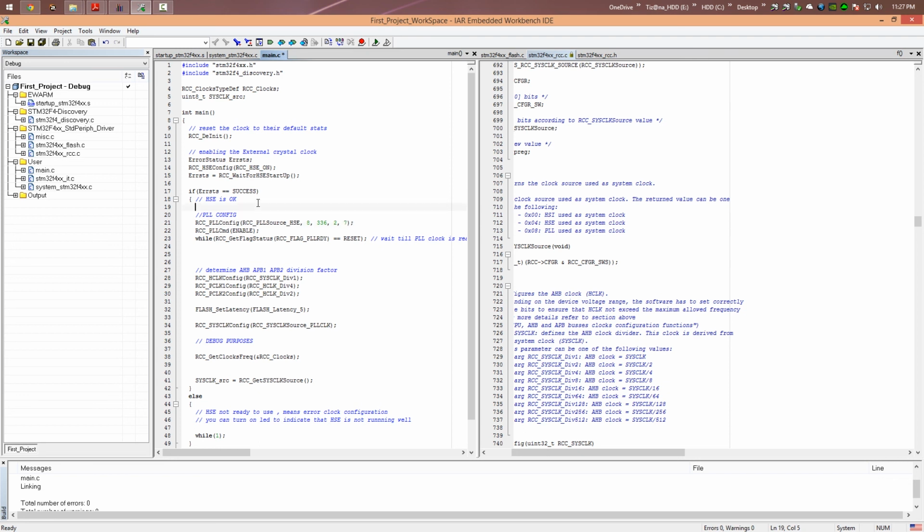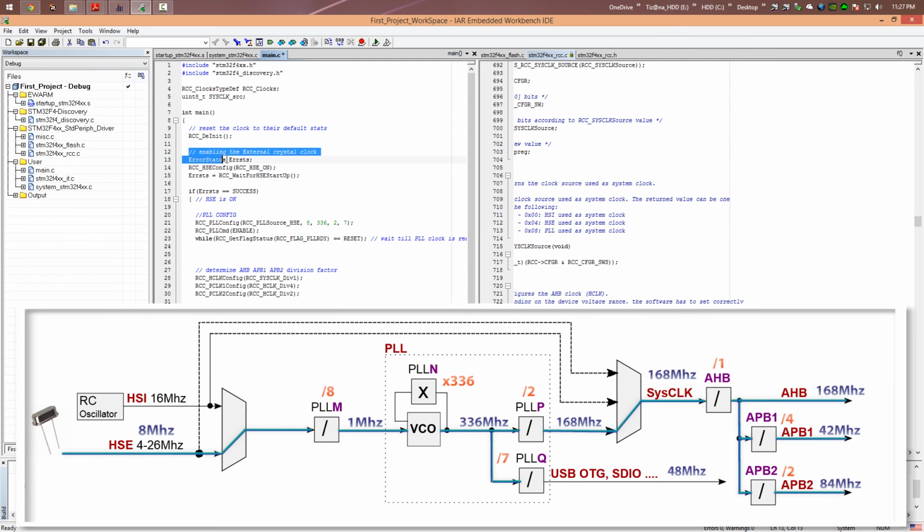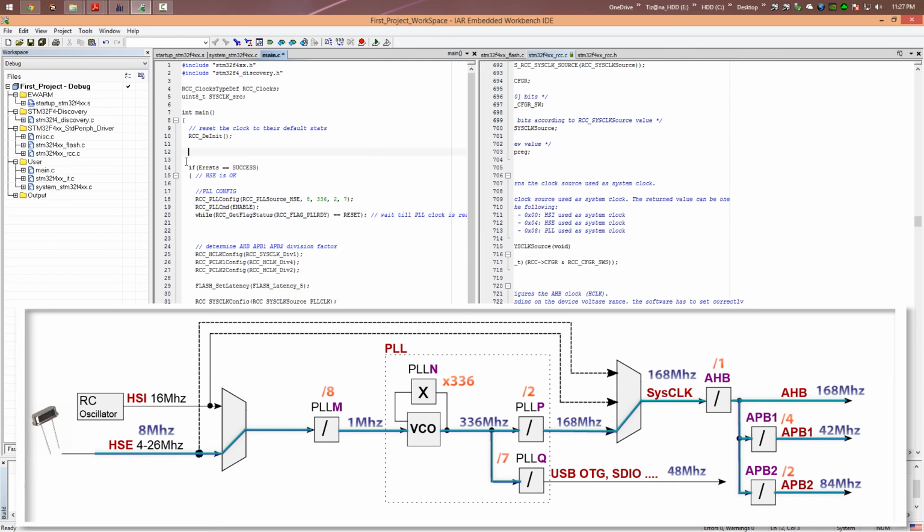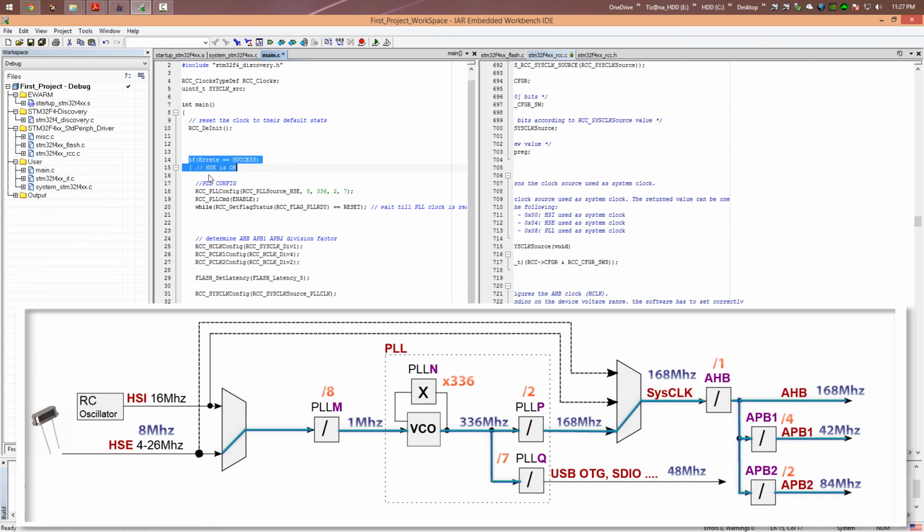So right now, let's try using the internal clock through the PLL. For that, we'll use the internal clock. So we're gonna delay this part for enabling the external clock, and erase this part here, of course, because this is a test if the external clock is okay or not. And we're gonna delete all this part here, and I'm gonna enable